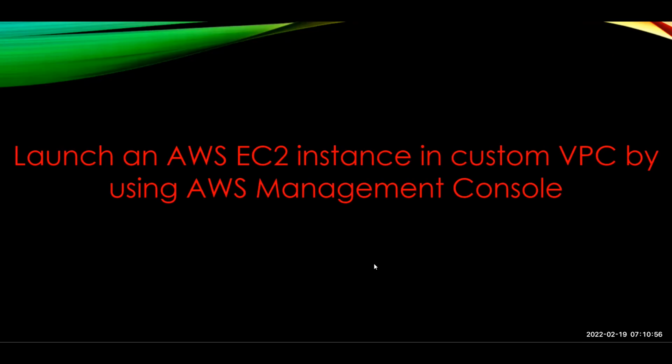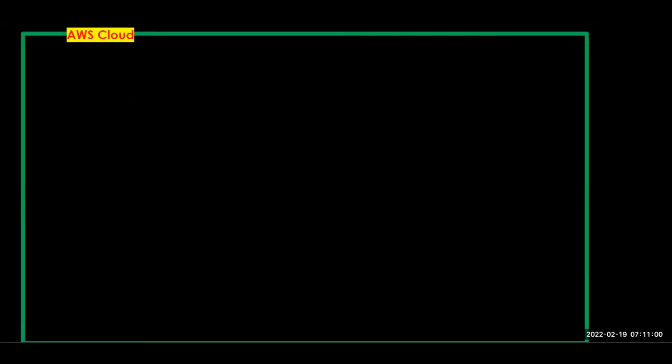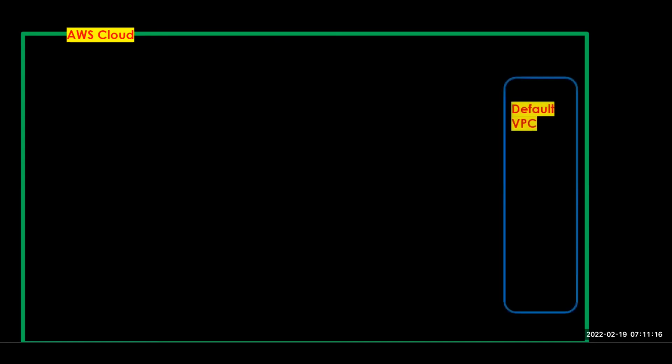Today, if we see, we have the AWS cloud. It's a very big infrastructure that is already there, developed by AWS, with some backbone network. In AWS, we get one default VPC per account. Like I have created one account on AWS, so I will get one default